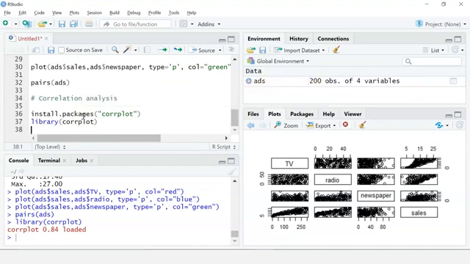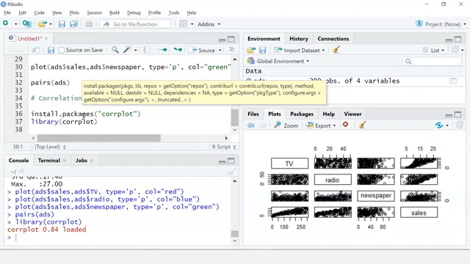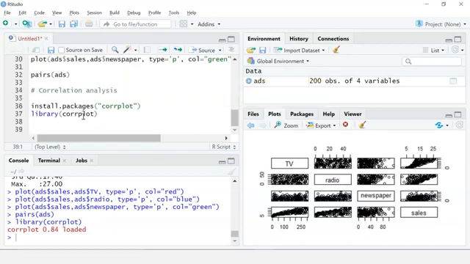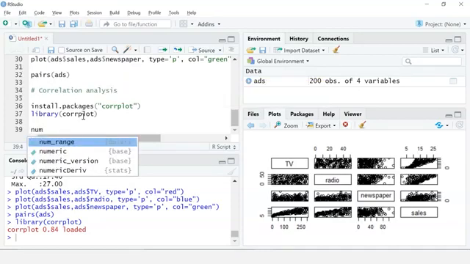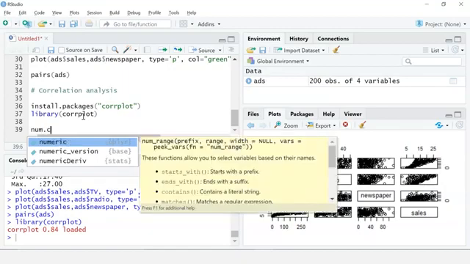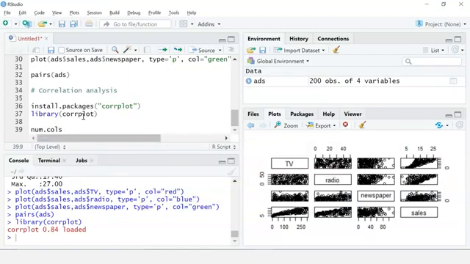Now I'll tell you how you can grab only the numeric columns. Now our data only has numeric columns, but still let me tell you how you can do it. Since correlations are based on numeric columns only, this can be done using the sapply function. So for that we have already installed the dplyr library. I'll give a variable name as num.cols, which is numeric columns.